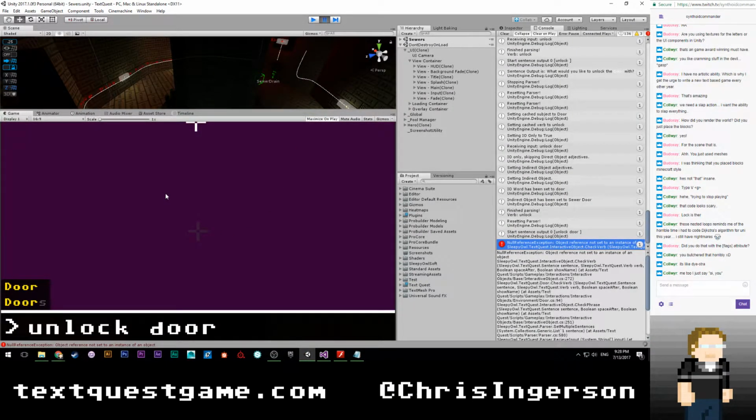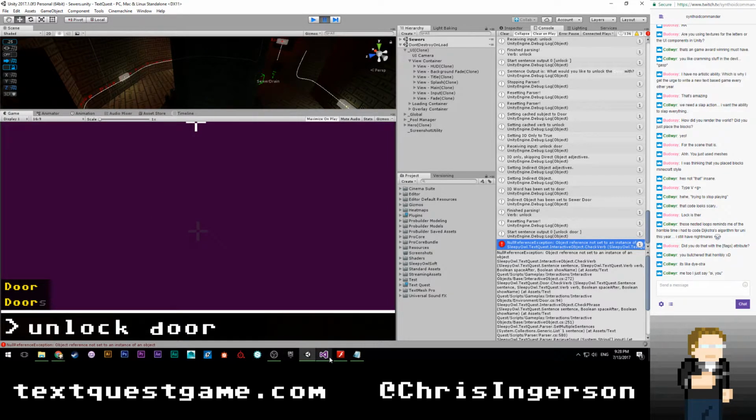What's happening here is we have an initial sentence unlock. Since we don't specify a noun, it assumes the noun is the thing you're interacting with, which is the door. So therefore, our cached information becomes: the cache verb is unlock, the cache subject is door. And then when I say unlock door a second time, door becomes the indirect object of the first sentence, unlock door. So it becomes unlock door with door.